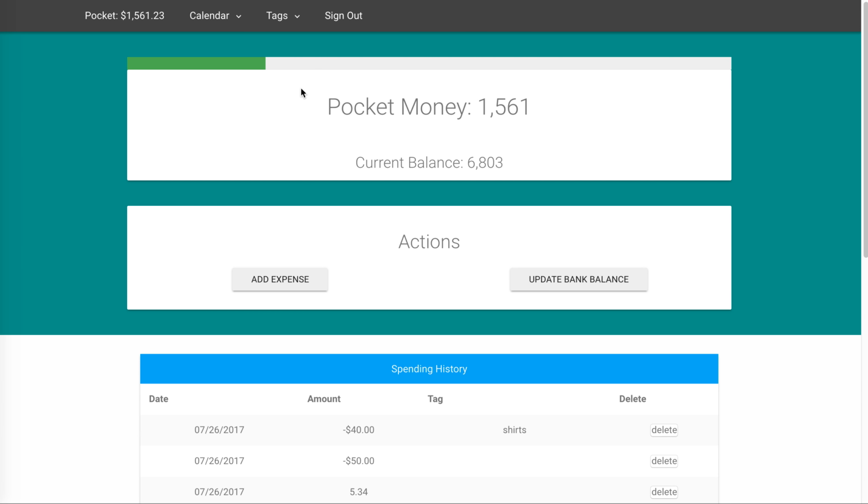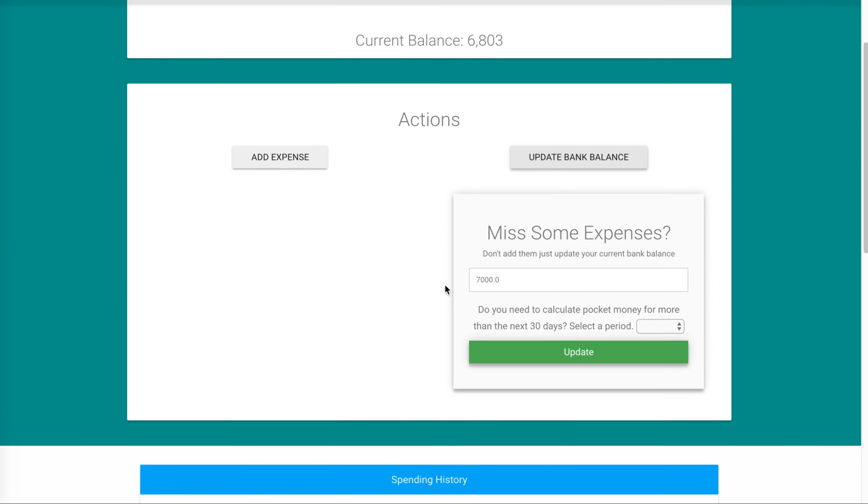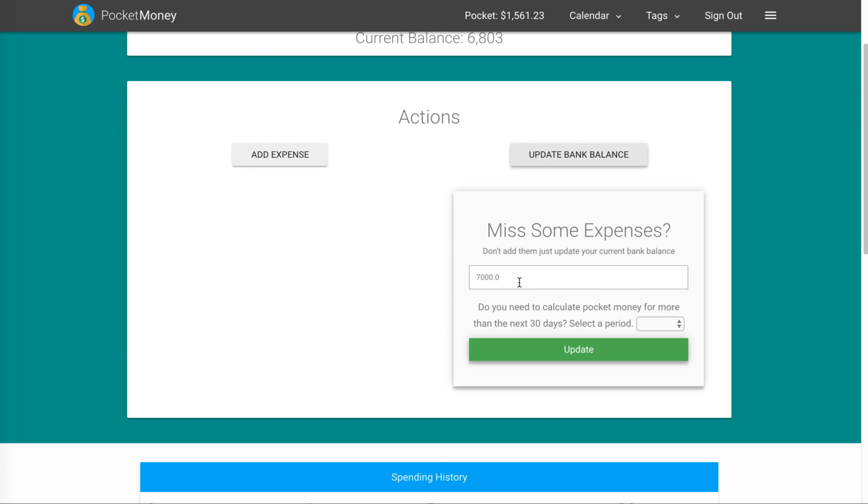And if you do get off track, if you forget to enter some expenses or whatever, I've made it really easy to update your bank balance. You just go here to update bank balance and you put in an amount. Let's say I now have $6,750,